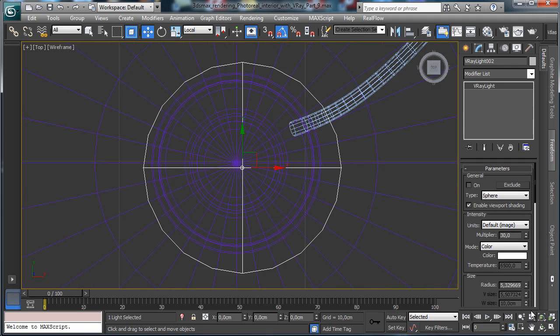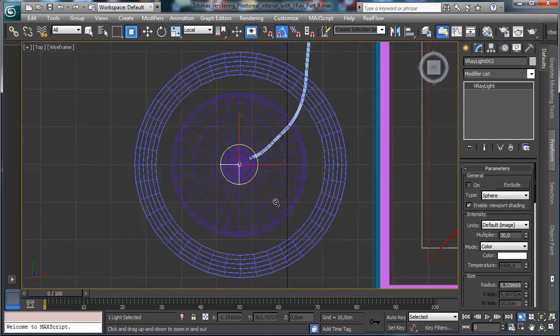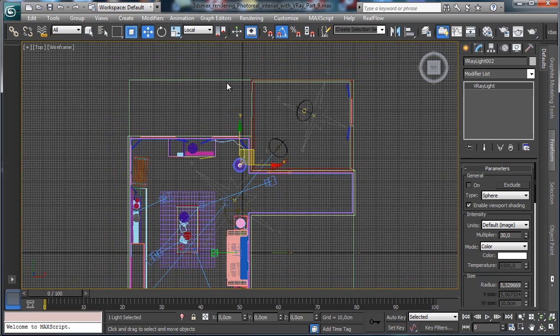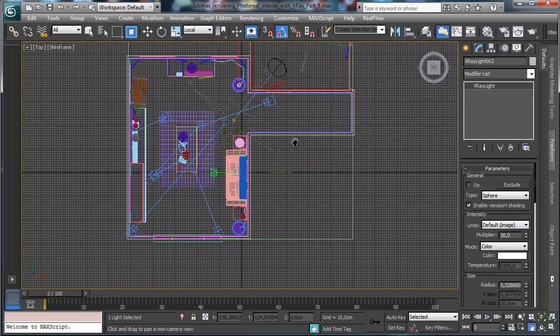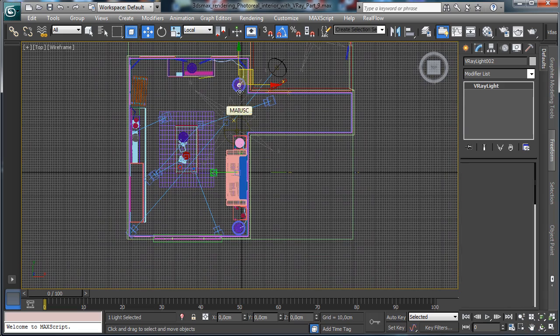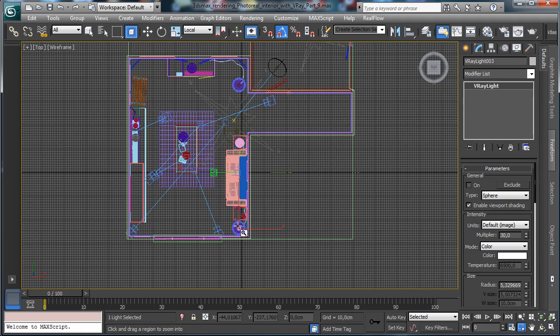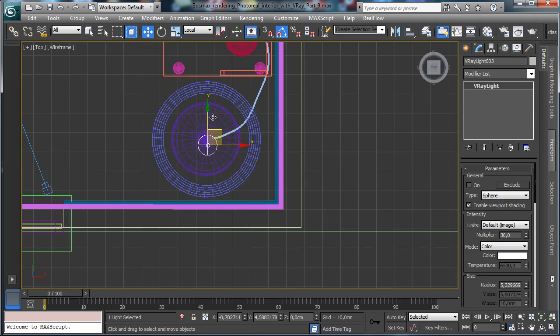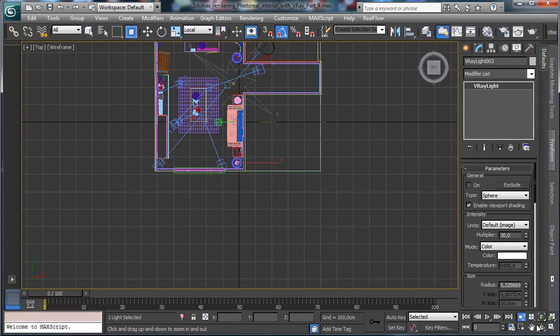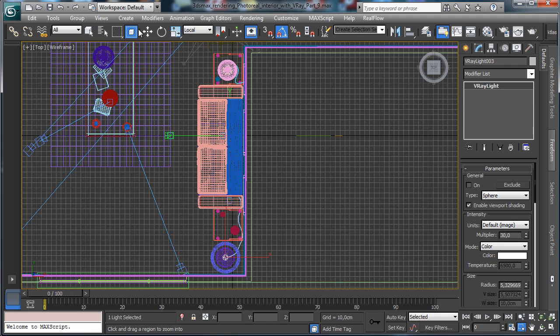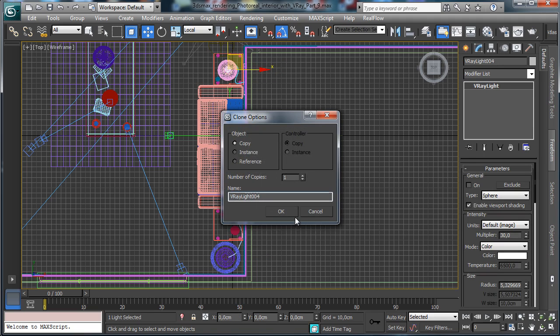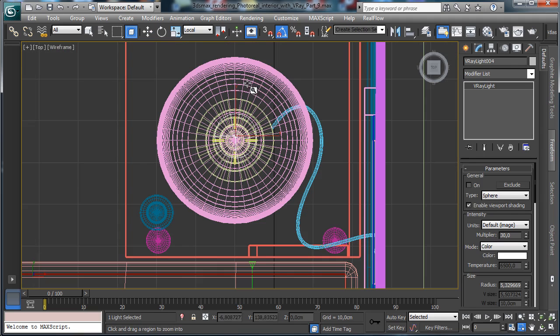And let's go at full screen with this one. This one can stay in the middle. And let's zoom out. And we have the other lamp there. And this one is an instance. We can move it manually, and then we have the other light there. So we can move this one using the shift key, but this time is a copy. We go in the middle,